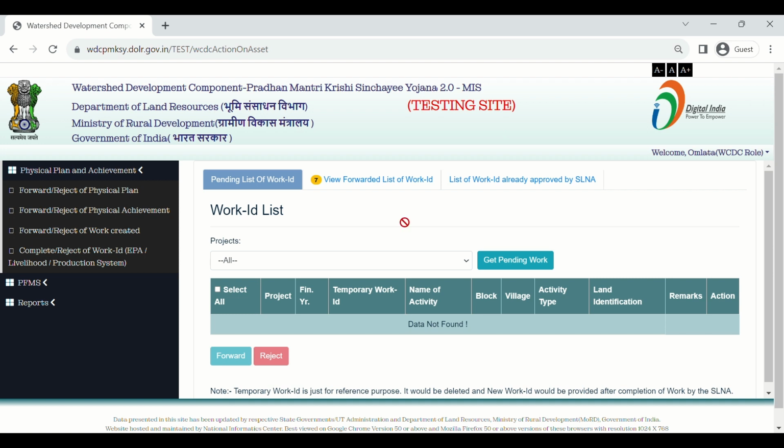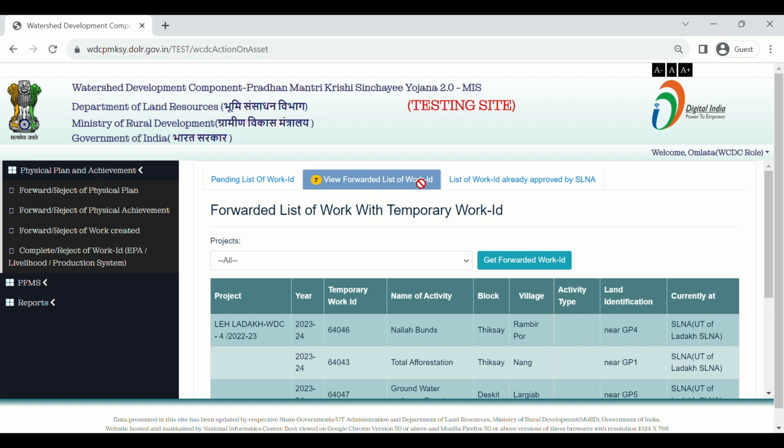The WCDC user can view the forwarded list of work ID by clicking on the next tab, view forwarded list of work ID. Select the project name and click on the button get forwarded work ID.